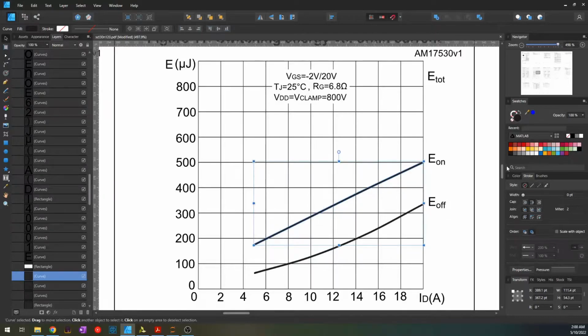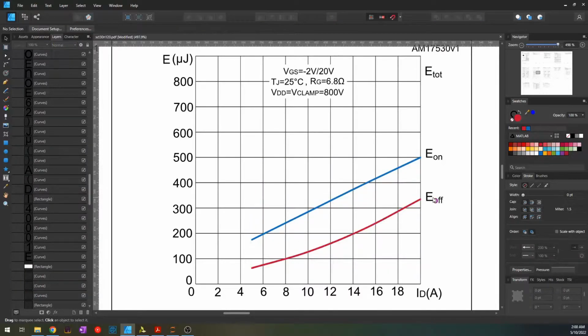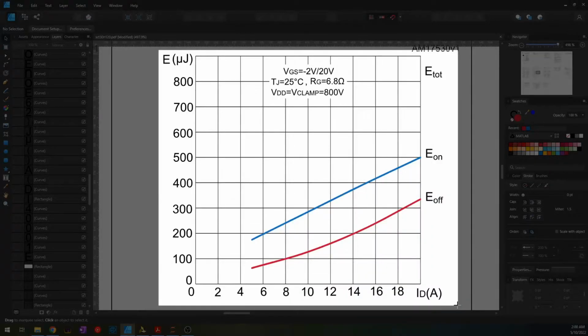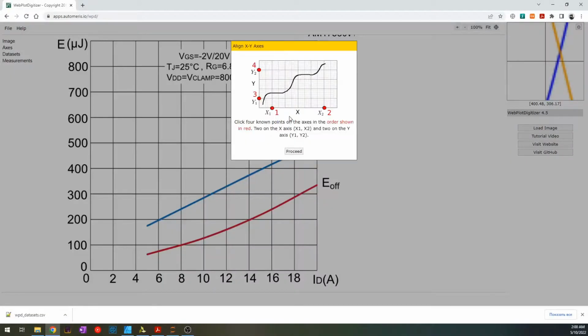What I do instead, first of all, I paint these curves into different colors, so software like WebPlotDigitizer could recognize them more easily, and then we can get the data. And then I just take a screenshot of that and I put it in